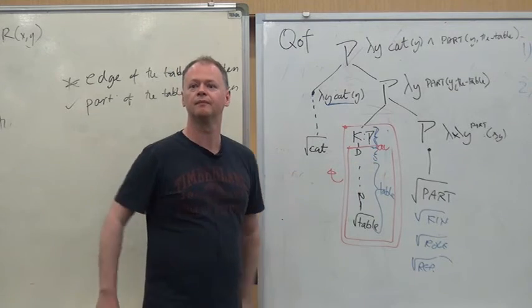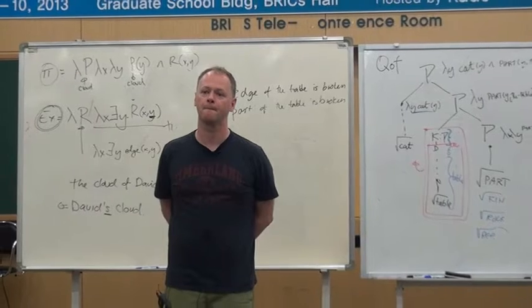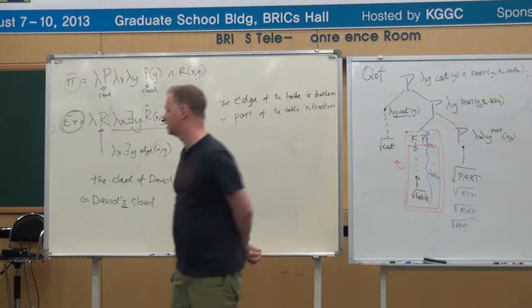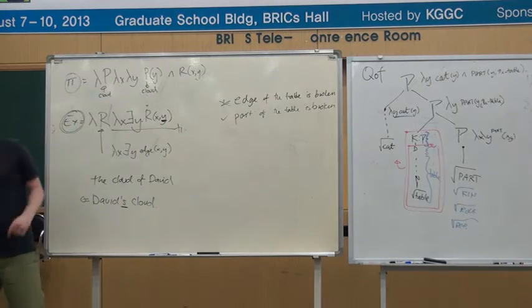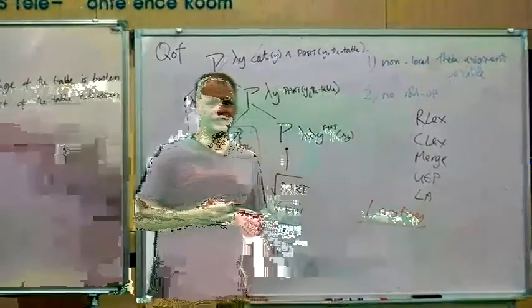I still have a question. Yep. So if you are saying over doesn't have any meaning, then how can you make a distinction between a cat on the table, a cat under the table, a cat over the table? So I think the examples you gave were locatives, right? And locatives are not Koth.